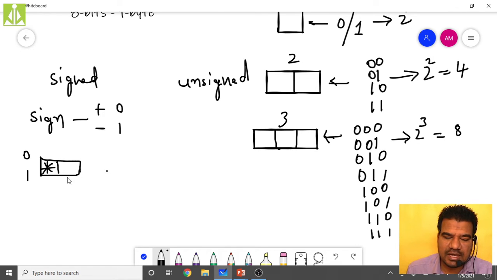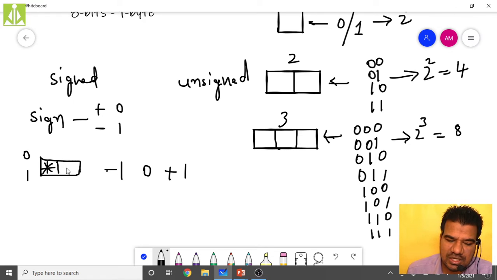Okay, so here in this we can store only 2 values. Either 0 it will store or 1 it will store. So 0 we are including, 1 with positive, 1 with negative, and 0. Likewise, 0, positive direction plus 1 and negative direction minus 1. No other range of value we can store in this one.